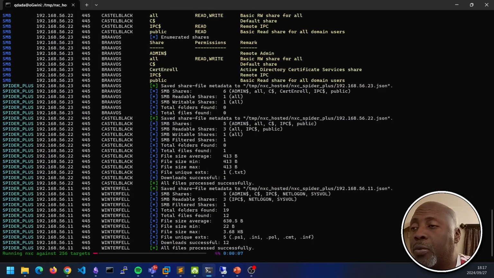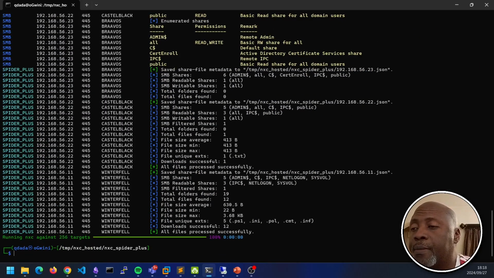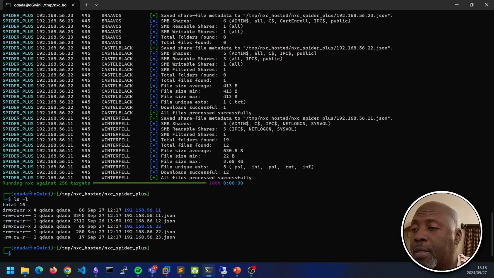And then what it will do is, as we navigate back to that folder, okay, we're actually in Spider Plus already. So when we do an ls, and we go to 22.2.